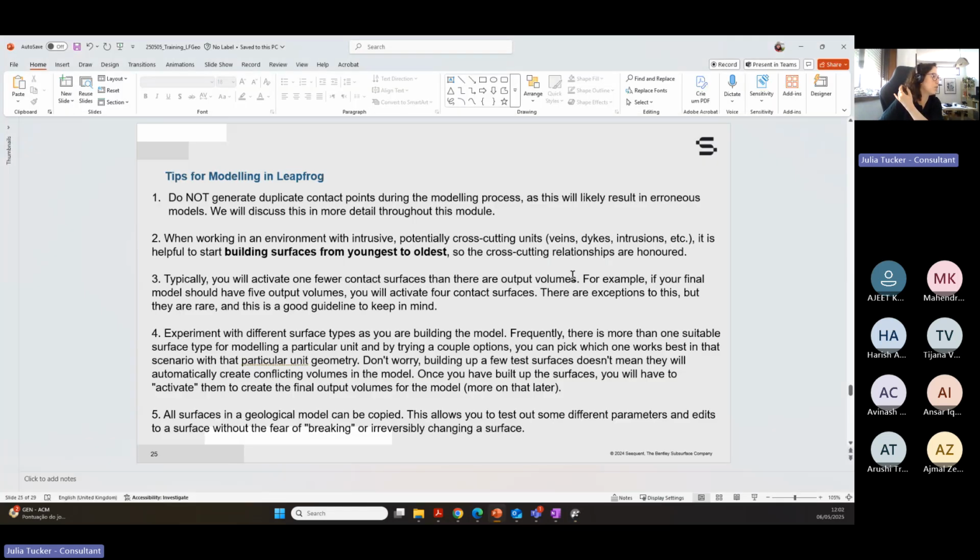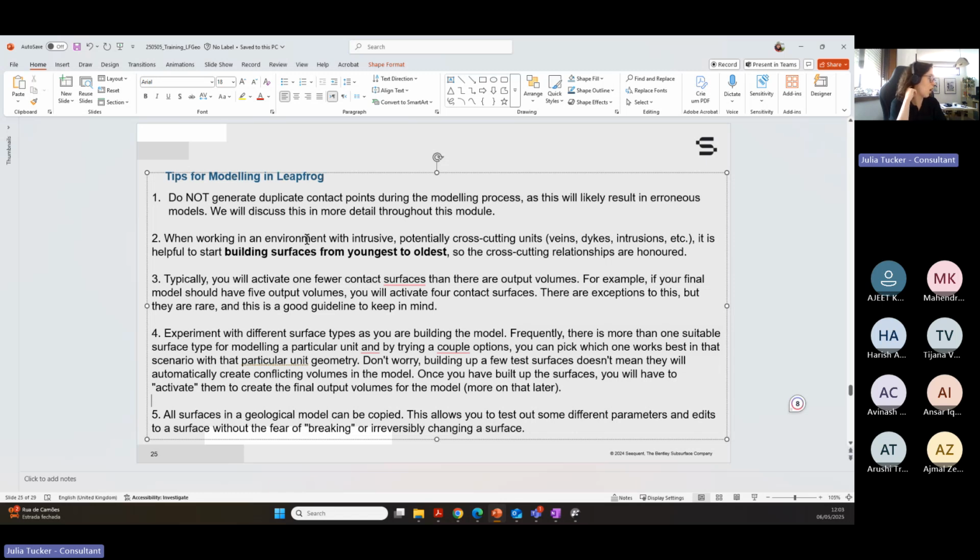They are our lithologies. We also need to experiment with different surface types as we build our model. Why? Because you may find that one will work better than the other. Frequently there is more than one suitable surface for modeling a particular unit, and by trying a couple of options you can pick which one works best for you